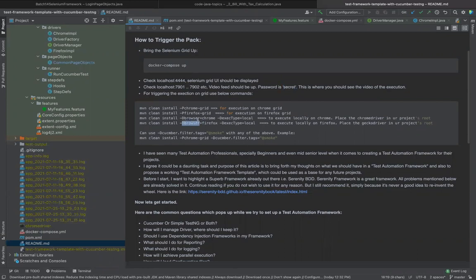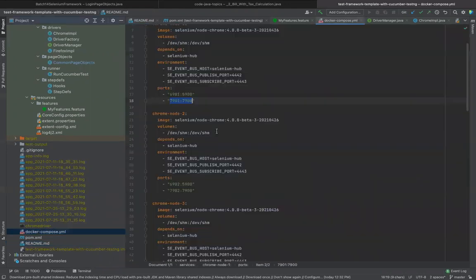variables. So you have to pass browser, and you have to pass execution type as grid, or rather you can just put a profile here. So basically this is for local. If you want to run it locally, then you would do this, but if you want to run on grid, the way I have configured my framework here is I am saying -p chrome grid, which I have actually put here